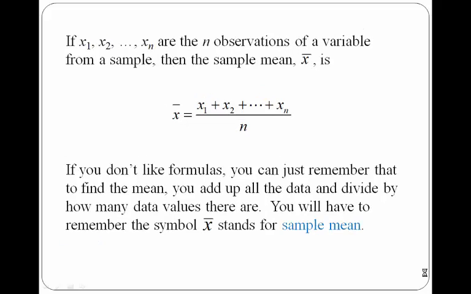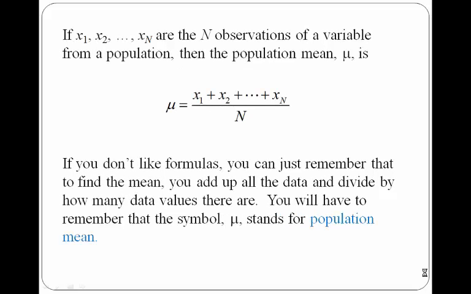If x sub 1, x sub 2 through x sub n are n observations of a variable from a sample, then the sample mean x bar is given by the sum of the x's divided by n. Notice that we use little n to represent the number of items in a sample, and capital N represents the number in the population. If we go back to the last slide,